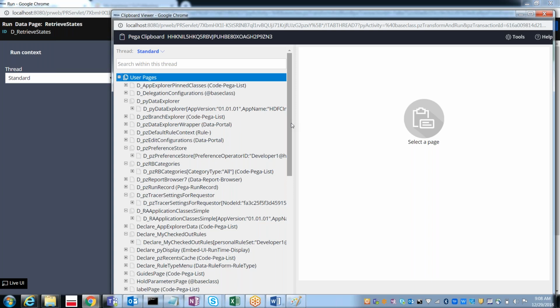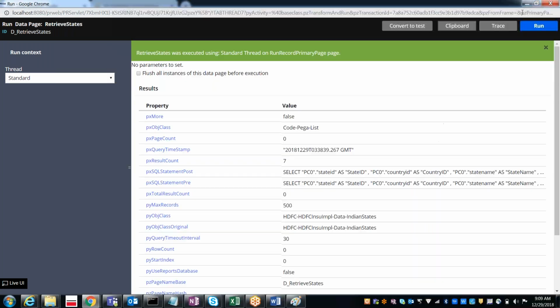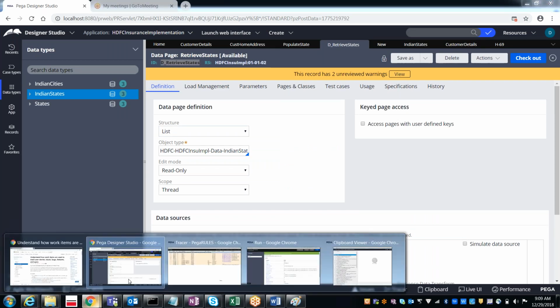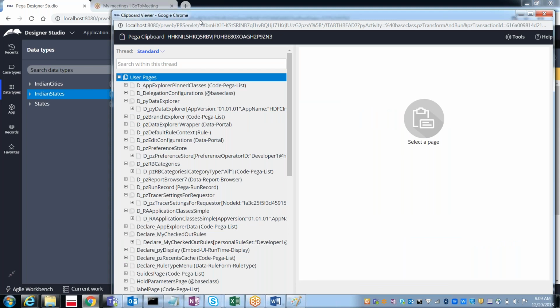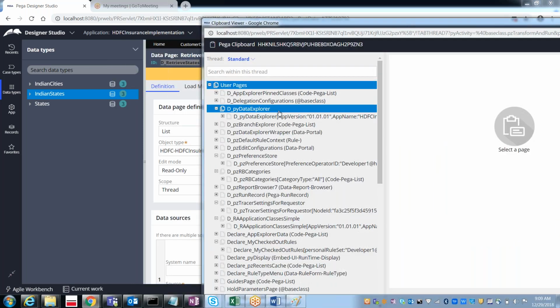The page name is same as your data page name, D underscore retrieve states. So see whether it is available. Do we have D underscore retrieve states?